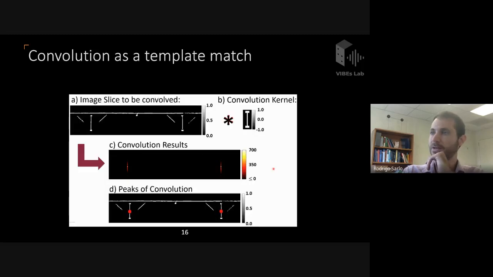So once we have that, we can apply convolution. We select a relevant kernel for the type of structural element that we're trying to detect, in this case, an I-beam cross section. And when we do a 2D convolution with the original image, you can see that most of the irrelevant information is essentially removed, and we're left with high correlation values at the points where we had the I-beams. And so the highest point there corresponds to the centroid, so we can essentially threshold that out, and we get our centroids of the